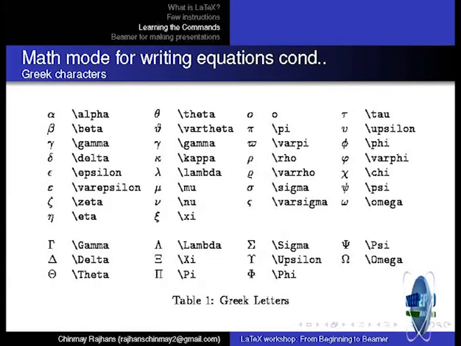Just try this. Generally in text you want to include these Greek characters. Simple way is just enable math mode, put a dollar, put backslash alpha, and you get alpha in the text. Very simple. Just try two or three of them. It should come on the right hand side. There are capital and small. Small pi is backslash pi, and capital Pi is with the first character capital. It is as simple as that.